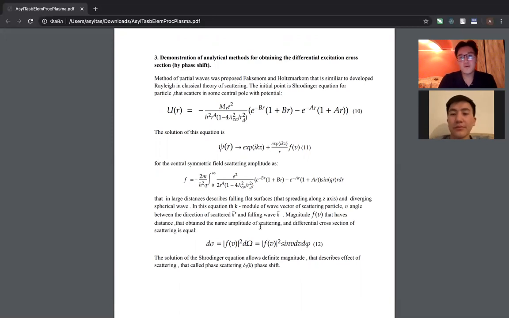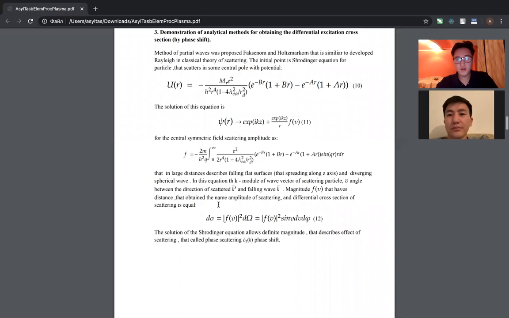As Madyiar said, we denote this potential, and we add our effective potential and obtain this formula, where we denoted the previous AB coefficients. The solution of this equation is represented as the 11th formula, and for a centrally symmetric field the scattering amplitude is represented by this formula, which at large distance describes the incident plane wave spreading along the z-axis and the